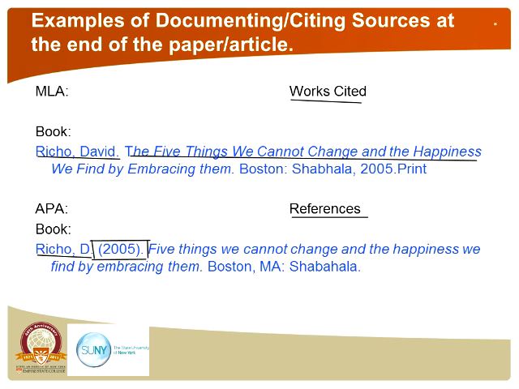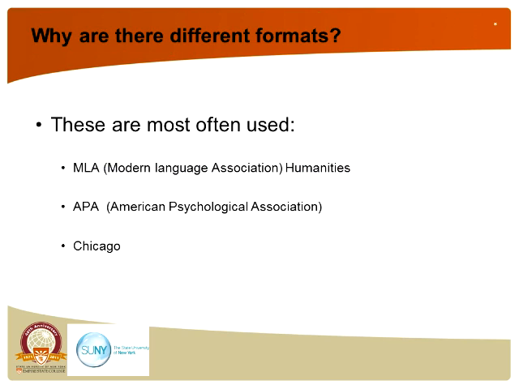Notice the differences in how the publisher is listed. For MLA, it's Boston with a colon after it. And if it's APA, it's Boston, comma, with the state initials. The next slide shows you